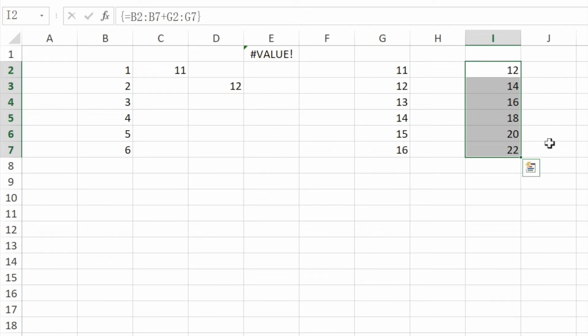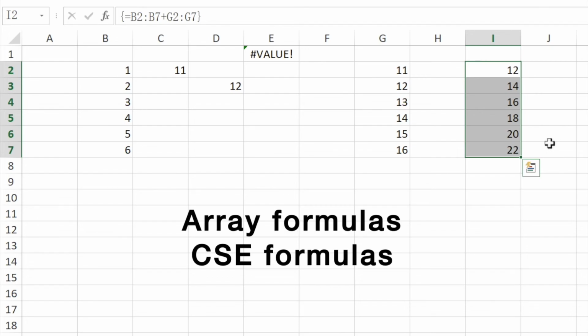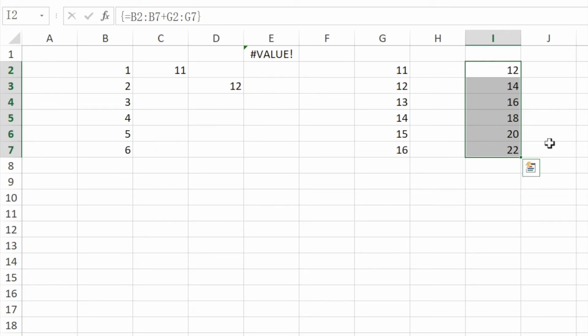The values are correct. In older versions of Excel, these kinds of formulas are called array formulas, or Ctrl-Shift-Enter formulas, or CSE formulas for short. Today, we call them legacy CSE array formulas because of the newly introduced dynamic arrays.